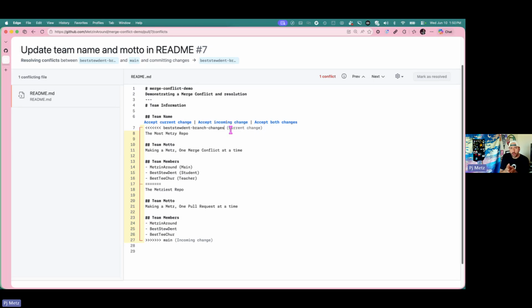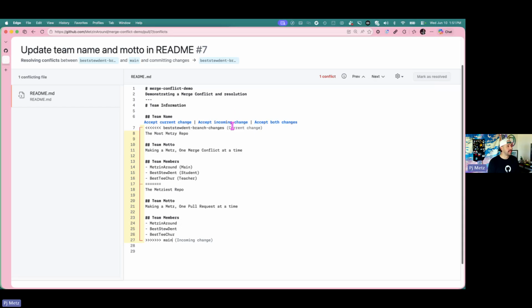So in this pull request, the current change is the version of the file that we're trying to merge into main. The incoming change is something that was changed about main underneath our branch that conflicts. And what you can do is you can either accept the current change, you can accept the incoming change, or you can accept both changes.